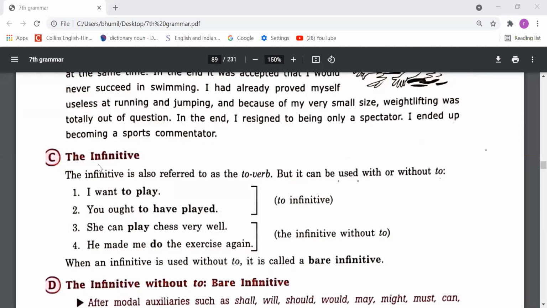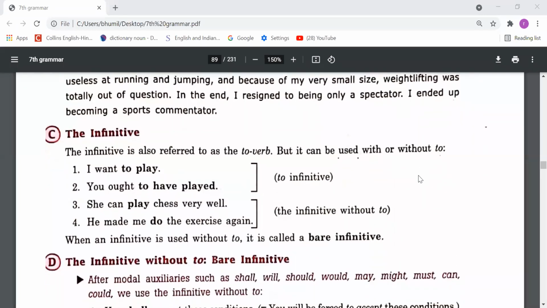The infinitive. Now let's talk about the infinitive. The infinitive is also referred to as the to verb, but it can be used with or without to. So dear students, now we have to talk about infinitive. So this point we have understood what are the finite verbs and what are the non-finite verbs, right? Now we have to understand infinitive, that is a part of non-finite verbs. So in infinitive we have to understand that to plus first form or sometimes without to, that is called infinitive